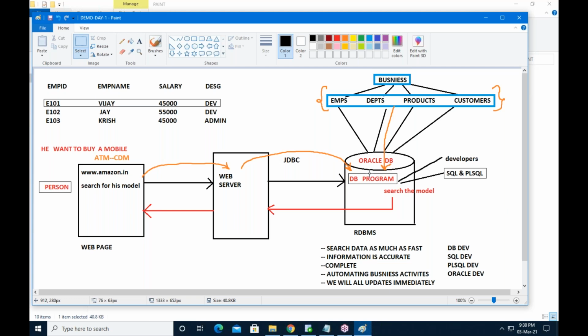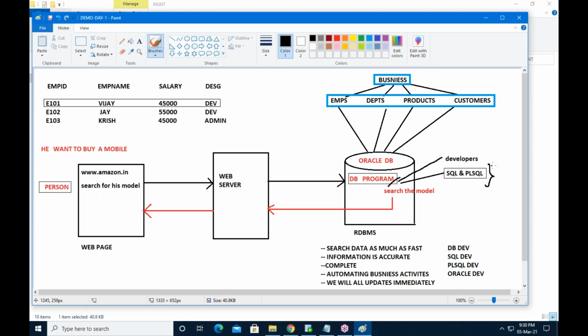So who is doing the deposit process or withdrawal process? By using a database program. How to write a database program? By using SQL and PLSQL statements. Observe carefully. A program is written to do a business task. Withdraw is a business activity that is fulfilled by one program. The programs are written by using SQL and PLSQL.